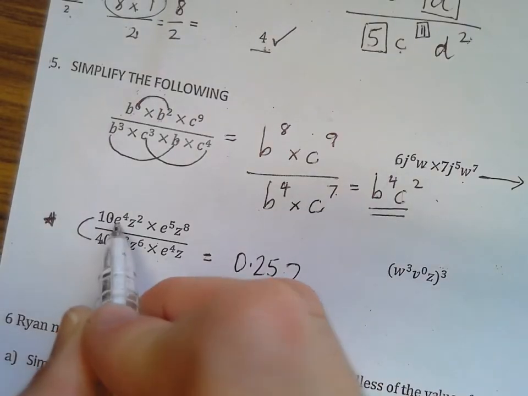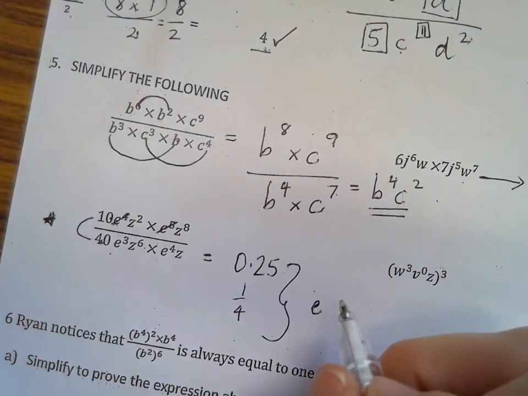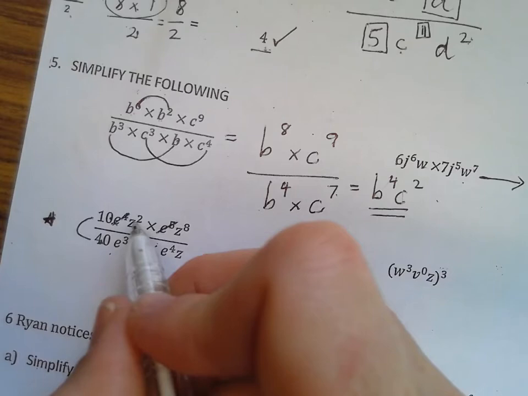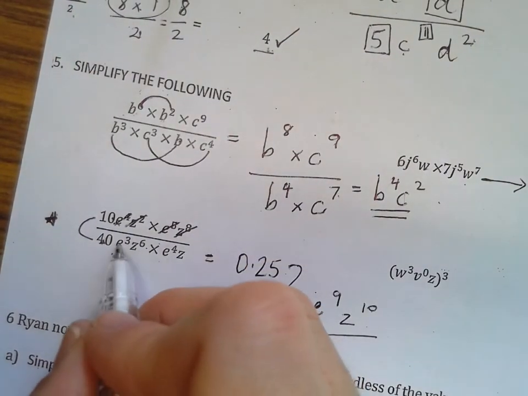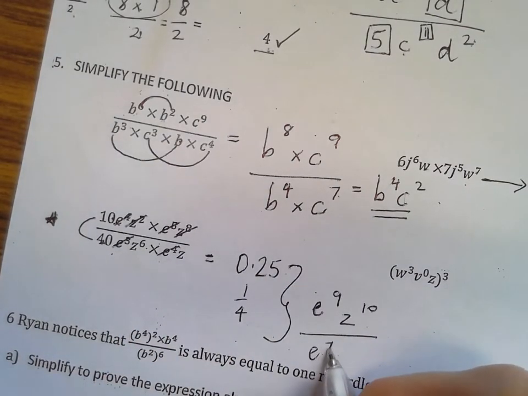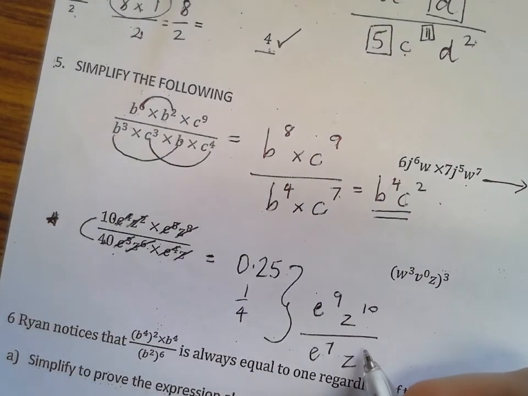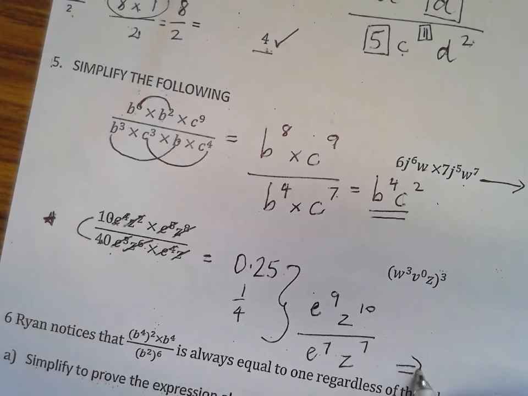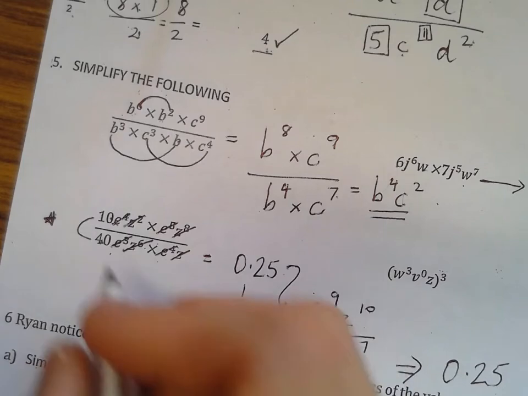Let's work on our E's, because we have E, keep the base, add the power. 4 plus 5 is 9. We have Z's, keep the base, add the powers. 2 plus 8 is 10. Over E3 and E4 is going to give us E7 down the bottom, Z6, and a Z is going to give us Z7 as well. Okay, so bringing this one over, let's go back to our 0.25, which came from 10